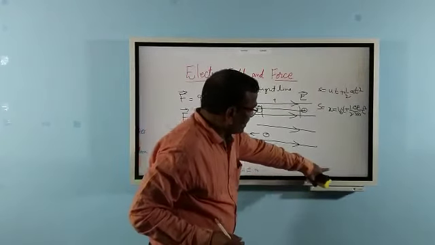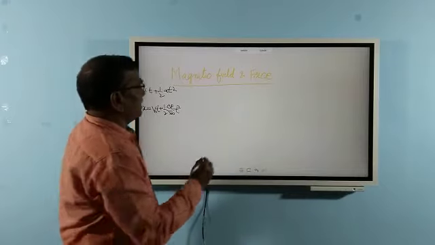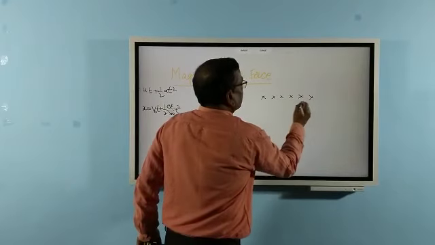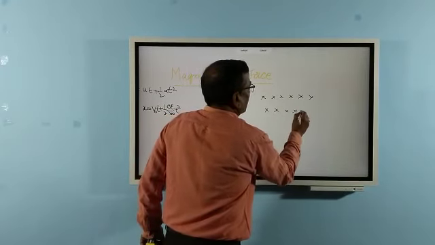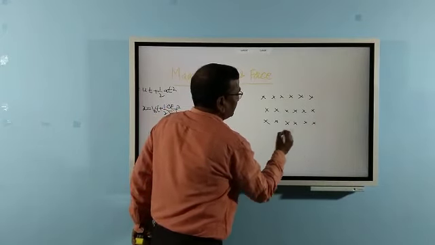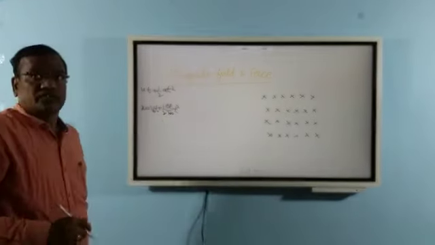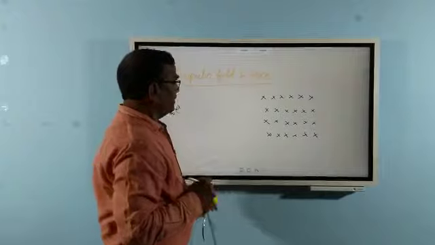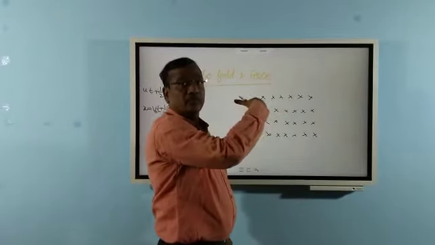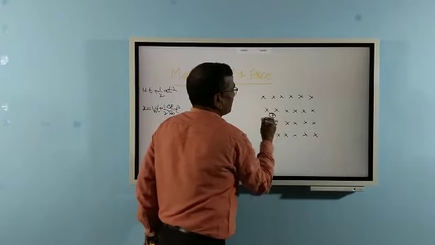Now similarly, let us keep the charged particle in a magnetic field. If we keep a charged particle in a magnetic field, this is quite different from the electric field. The crosses show the direction of the magnetic field perpendicular to the plane of the board, acting into the board. That is the direction we have taken. Suppose you have kept a charged particle at rest in this field.